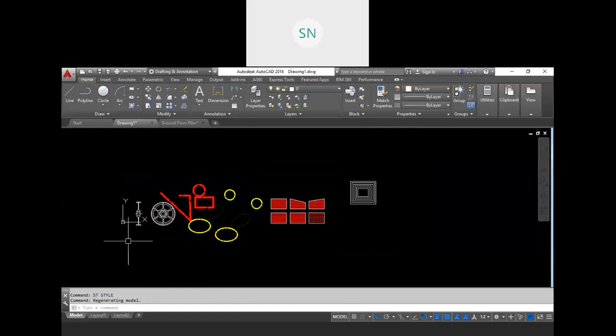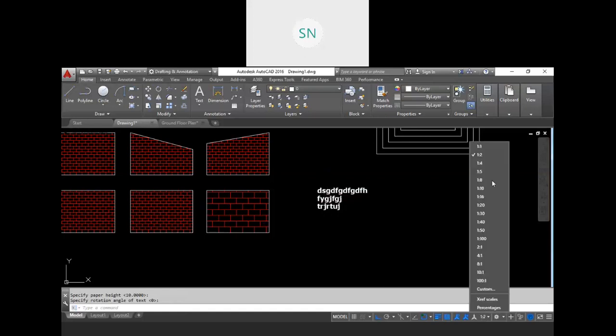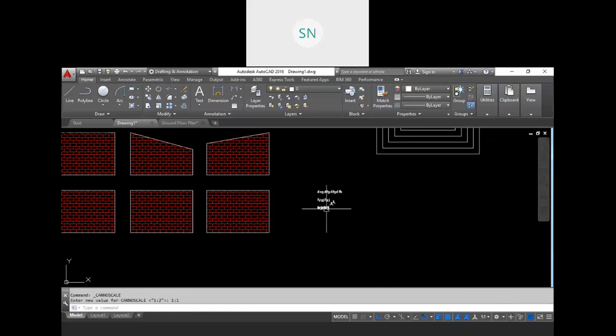Now let me type one text, DT, with 10 height and some text. So this is my annotative text. If I change my scale, my text will also experience that scale, and my hatch is also going to experience that scale factor. So these are the two objects.